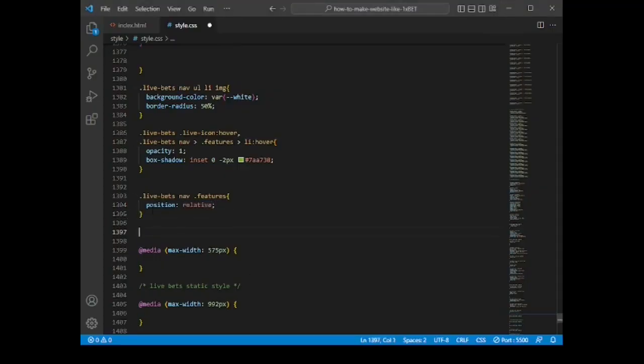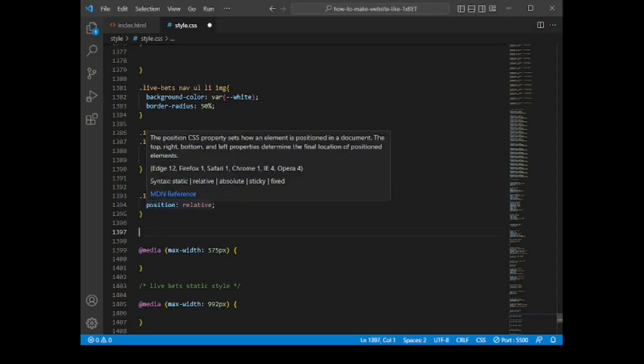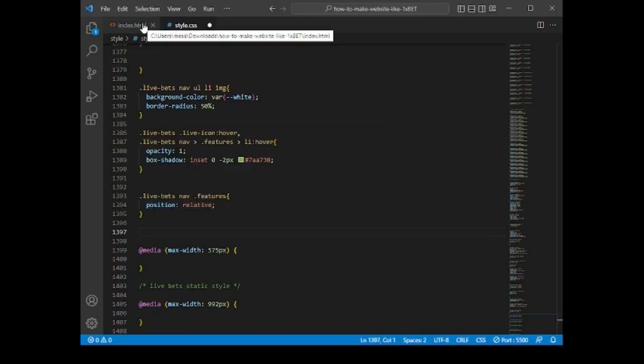Then we come inside. Okay, so next, after we're done with that, we now gonna style the sports menu list and the play menu